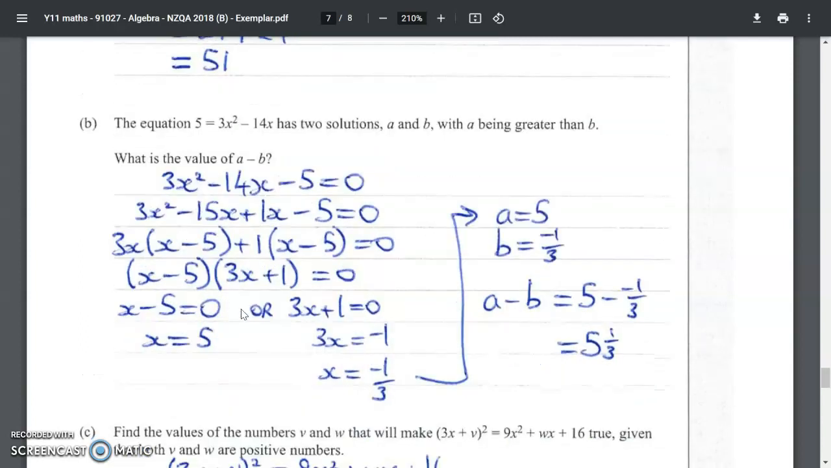Next, this quadratic has two solutions. To solve a quadratic, we get everything on one side, so let's get 5 onto the right hand side. This is our quadratic with everything on the same side, that equals 0. Then we're looking for,